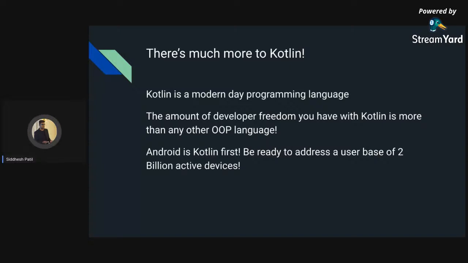It's a very modern day programming language, what Kotlin is. And the amount of developer freedom you have with Kotlin is better than any other OOP language. No need to worry about null checks and simple language mistakes. You have to think in terms of human, not a developer, and that's the intent of how Kotlin got designed in the first place, to make things easy. And there has been proof of that as well with the data results. So there's much more to Kotlin and much more to learn. This session was intended to cover some basic aspects of programming with Kotlin, an introduction to it.